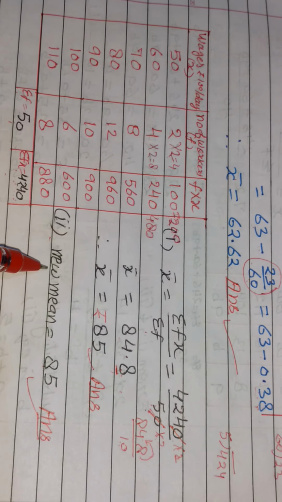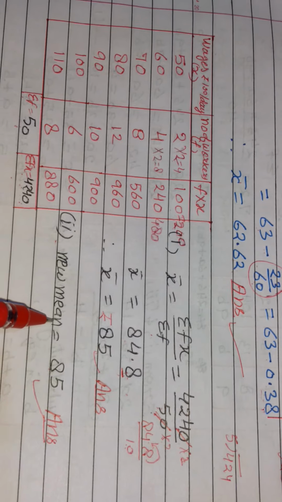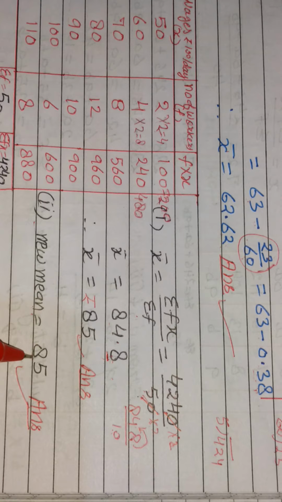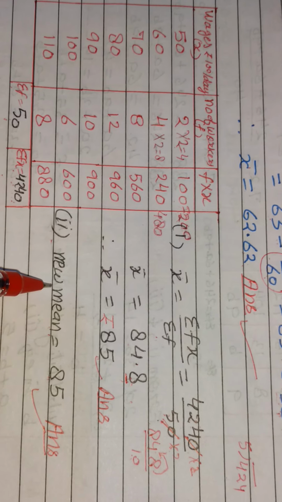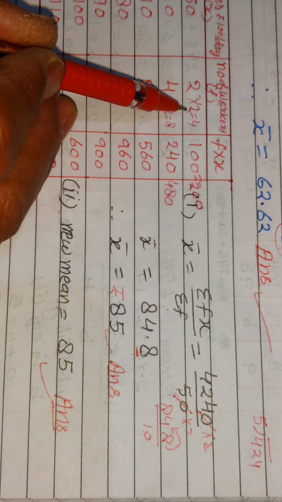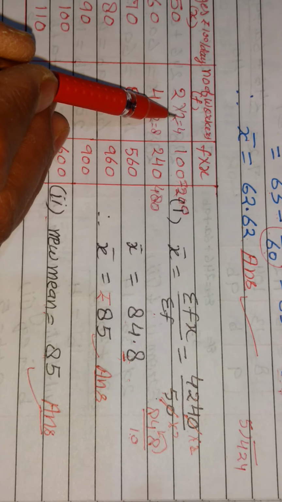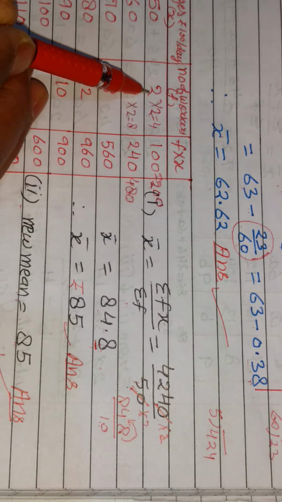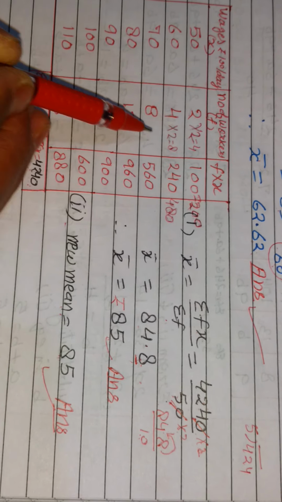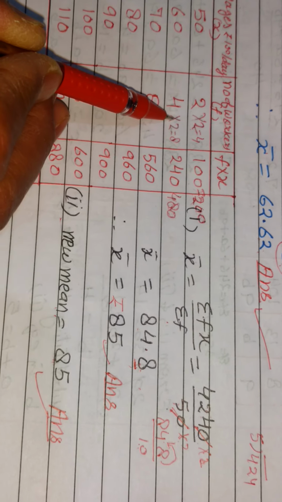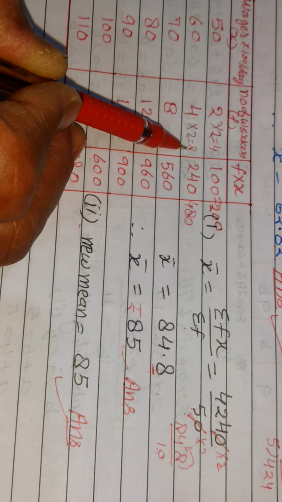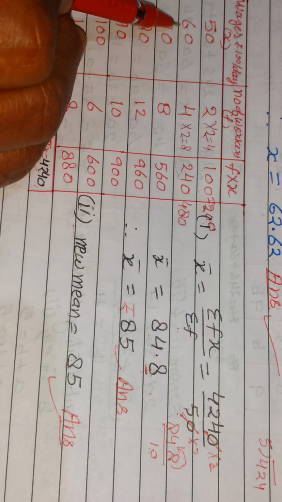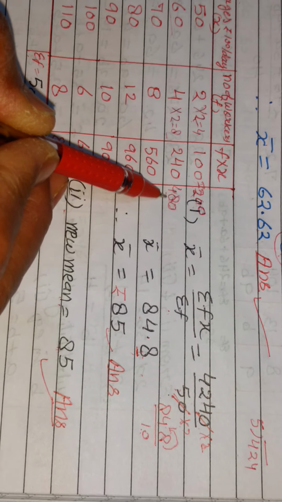So here I am talking about the second part. Now we have to find the mean. So the mean of the second part will also be same. Why will it be same? In the second part, the condition is what? The number of workers were doubled in each category. See, double means you multiply the number of workers by 2, it will come 2 to the 4. Same, if you double it, means you multiply this number also by 2, it will come 8. Then when you multiply this and this, it will come 200. 60 into 8, it is coming 480.